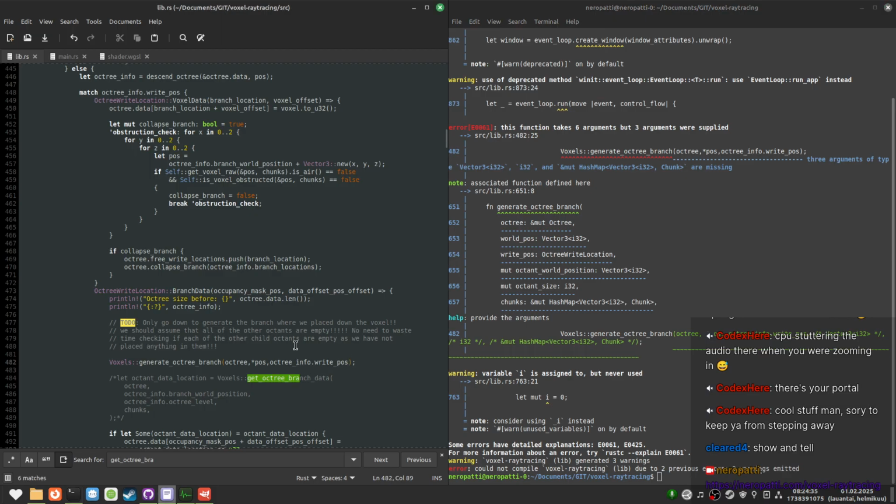Argument's still missing. That's fine. Expected. Octant world position.